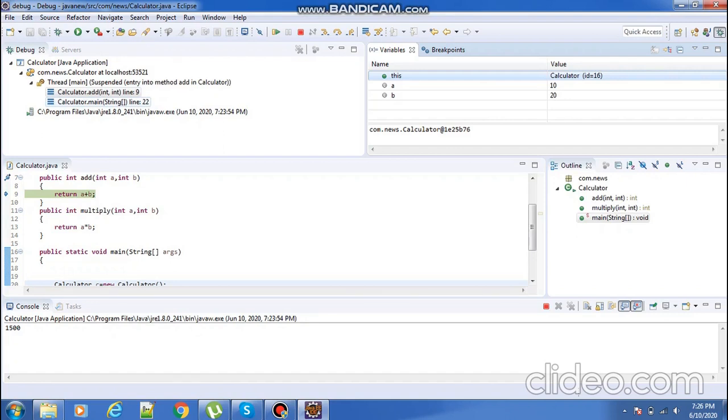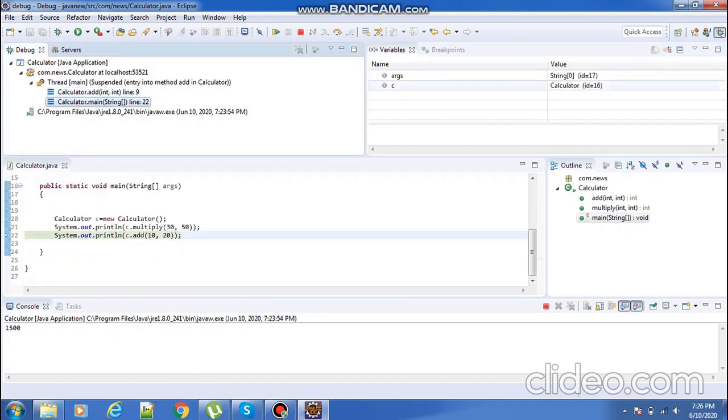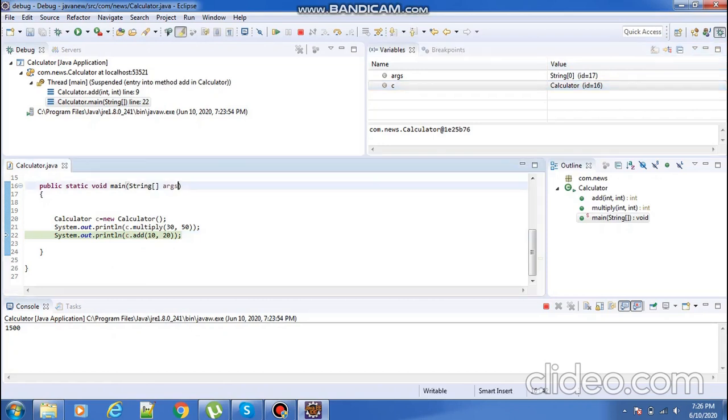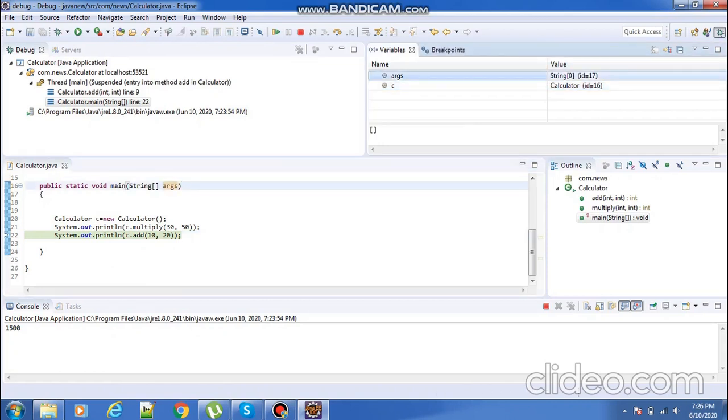Currently there are no defects in this program, so everything is fine here. C is an object used, and for the C object it is generating one ID. What is another object used? ARGS. For ARGS also it is generating one ID.